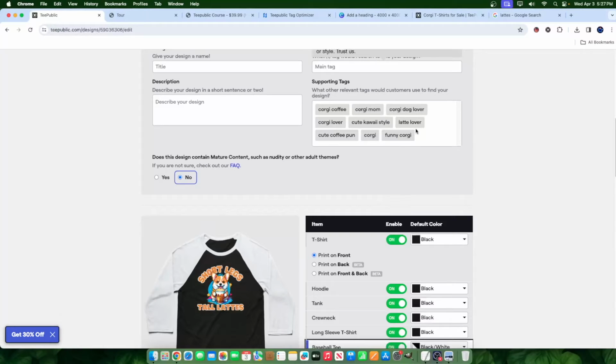Well, the keyword relevance is determined by the keyword's existence. And if the keywords exist more, they're more dominant. Therefore, they are more relevant in the algorithm's eyes. See, the algorithm can't decipher between what a corgi is and what a latte is. But if you use the keyword latte for every single corgi design that you've ever had, and you're the only